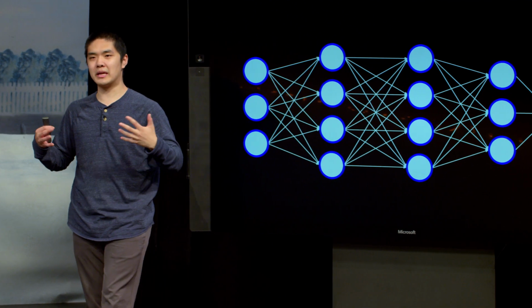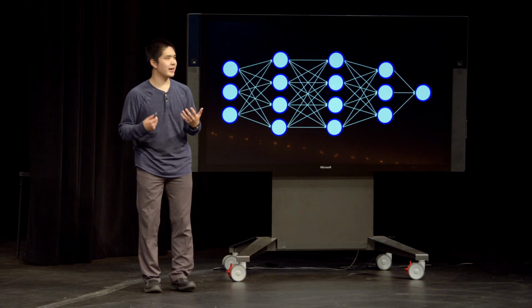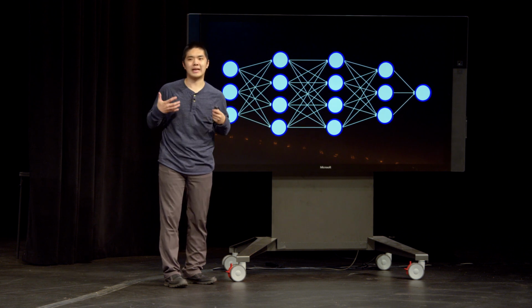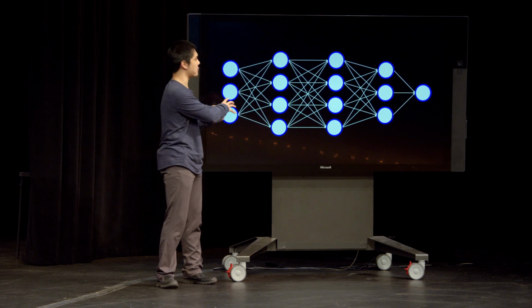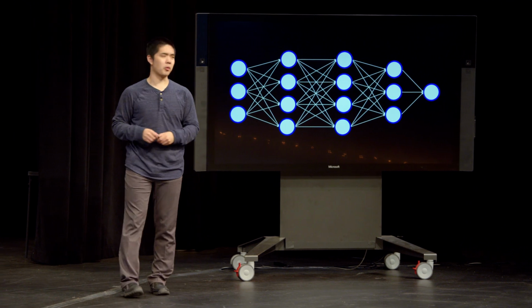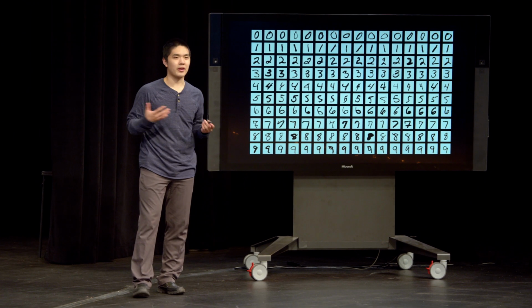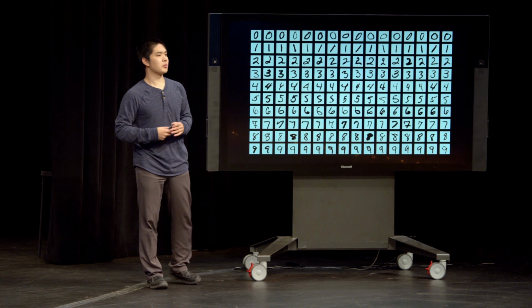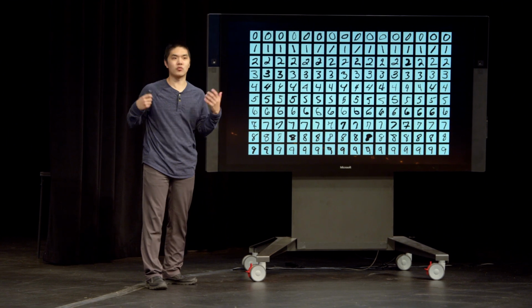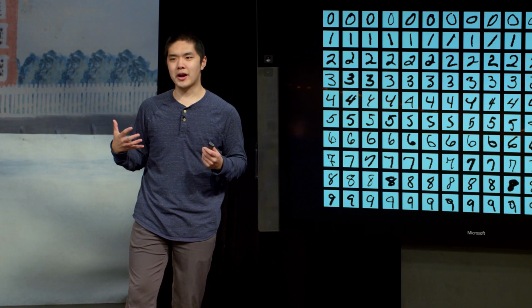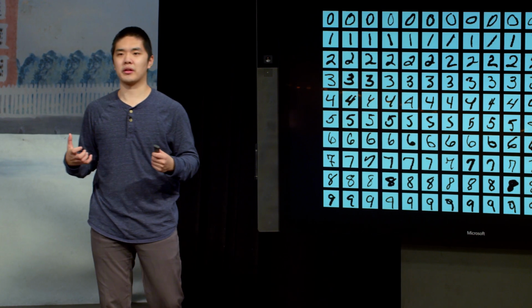If you give a neural network enough data, it can learn from that data. It can learn exactly how to set these various different arrows to be able to calculate some task, to be able to translate some input into some output. So for example, that might take the form of handwriting recognition. How exactly do we train computers to be able to learn how to recognize handwriting, given all the different types of handwriting? Well, one way to try to do that is by using a neural network, setting up a network